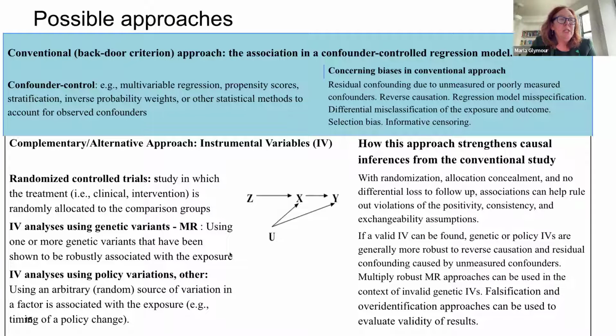I think Mendelian randomization has been incredibly influential and has really changed how people think about study designs. But of course, long before there were genetic IVs, there were IV analyses using other policy variations. And when I say IV analyses here, I don't just mean two-stage least squares estimates of the IV parameter. I think you can use the idea that you have an instrument to assess whether there's any causal effect, what the sign of that causal effect is, and so on. These policy variations are very promising, but of course there are lots and lots of very clever instruments that are not based on policies.